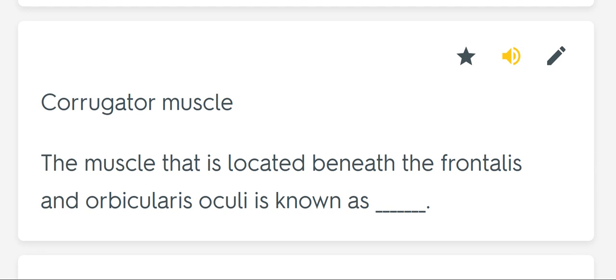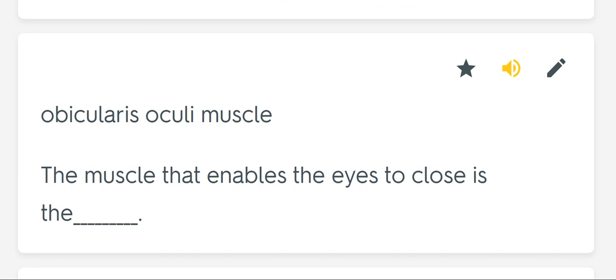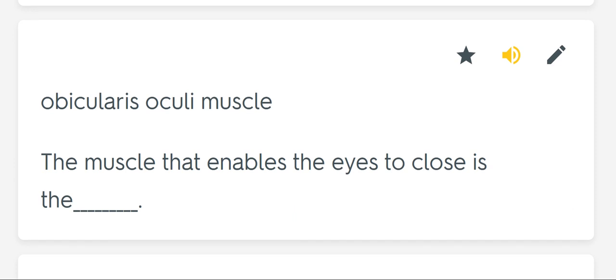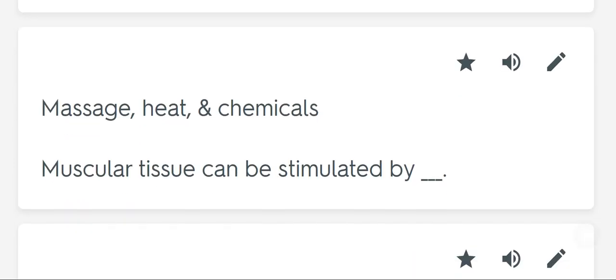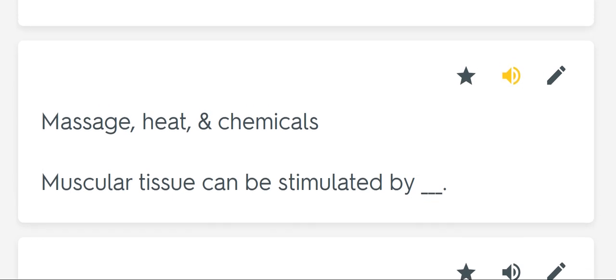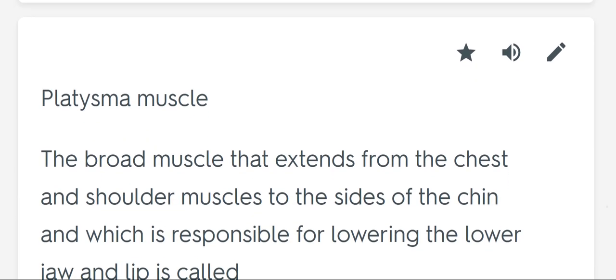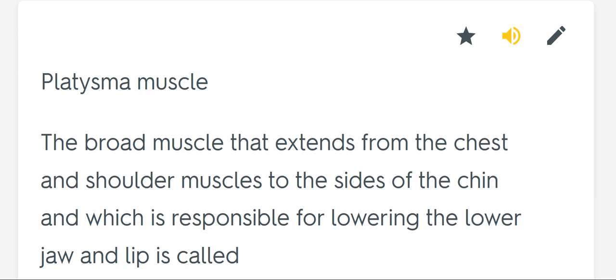Corrugator muscle. The muscle that is located beneath the frontalis and orbicularis oculi is known as blank. Orbicularis oculi muscle. The muscle that enables the eyes to close is the massage, heat, and chemicals. Muscular tissue can be stimulated by blank. Platysma muscle. The broad muscle that extends from the chest and shoulder muscles to the sides of the chin and which is responsible for lowering the lower jaw and lip is called